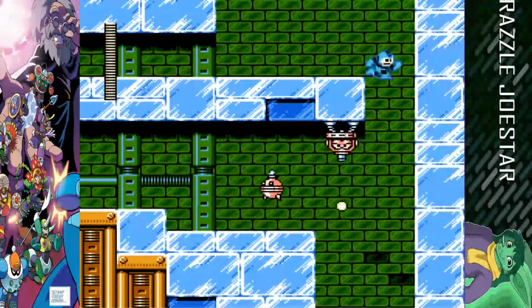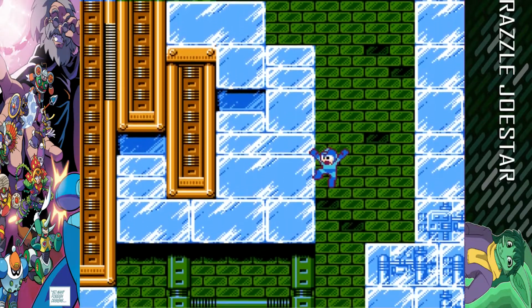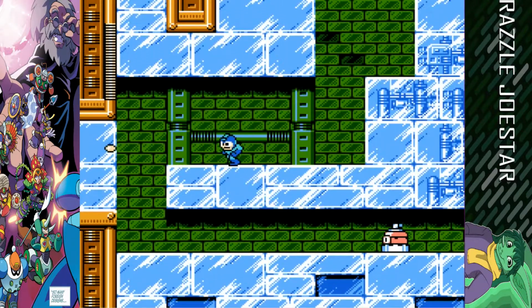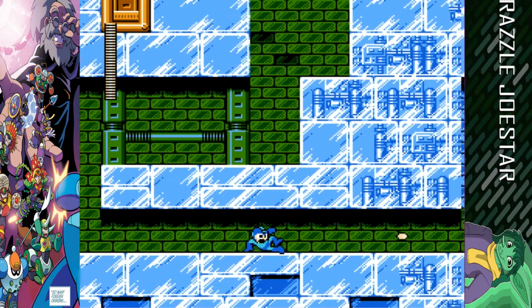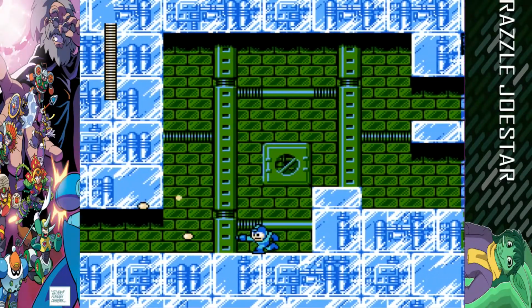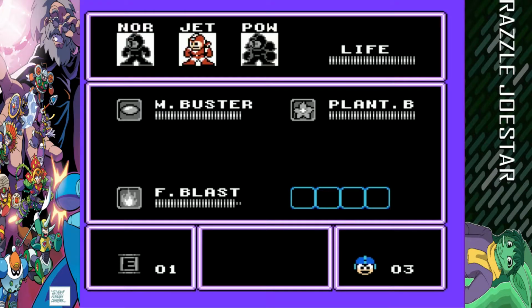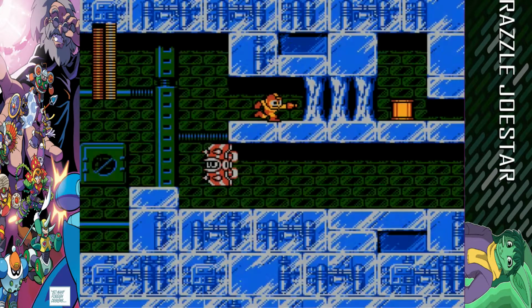Yeah, you want to be away from those when they go off, because they will actually damage you. Oop, I keep forgetting about that. That's a little secret compartment that's got some goodies. Not goodies that you need if you want 100% the game, but goodies nonetheless. Ah, but we've got an E-Tank. That's goody enough for me, so let's...